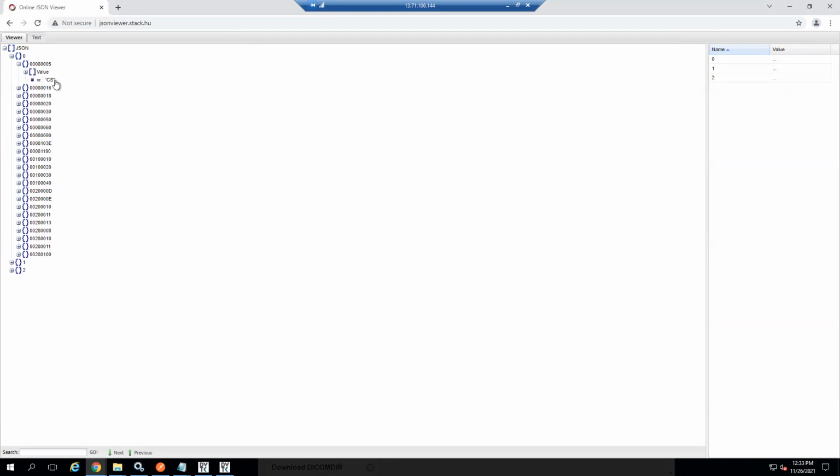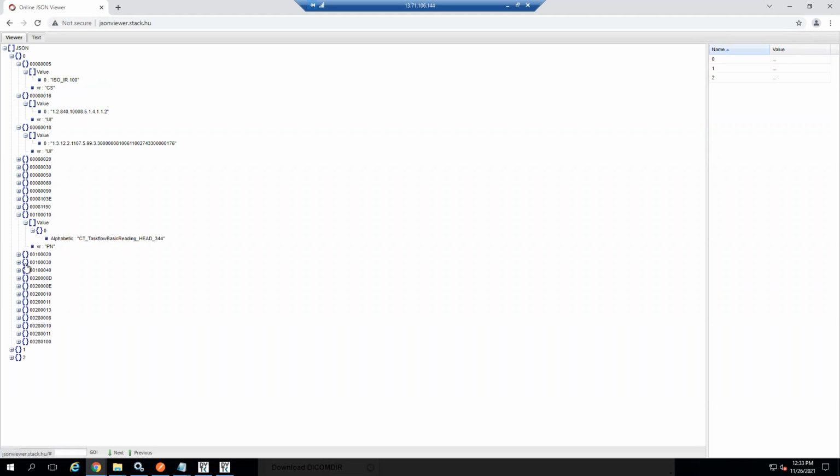Each and every instance has DICOM attributes. This first one defines which character set is used. It's ISO IR 100 that we are using over here. Each and everything is coming over here, and I'll explain the other parts. This is the study instance ID, and then the patient ID is 10. This is the patient ID.